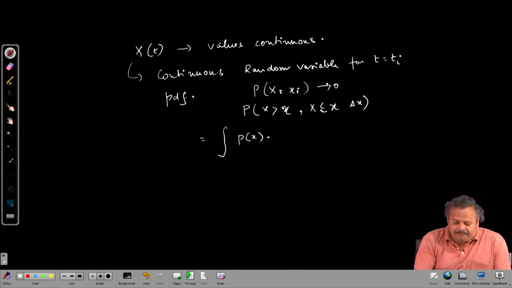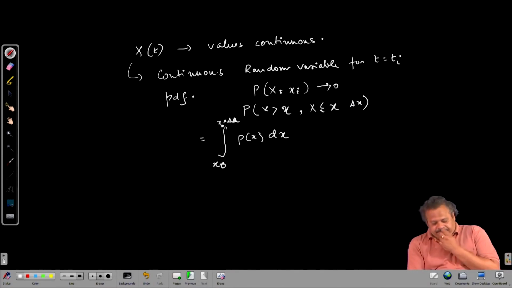px dx, which we are integrating from x to x plus delta x, where we can define, let us say it is some particular x0 to x0 plus delta x. So, in this case,